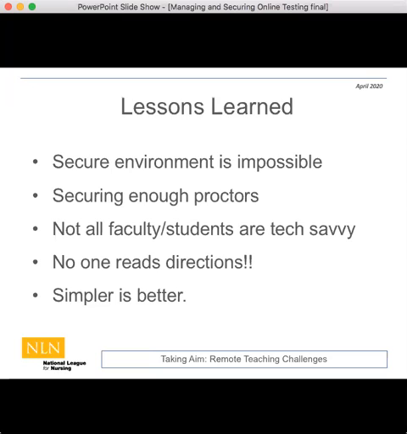The third thing we realized was that not only are our students not necessarily tech savvy, some of our faculty and the proctors were not tech savvy either. So when we did this in the pilot, we had all of these rooms going at the same time. We have two amazing instructional technologists, and we were all texting them at the exact same time. So these poor tech people were trying to answer as many calls as they could, scattered through all these rooms. They had to get into the right room.